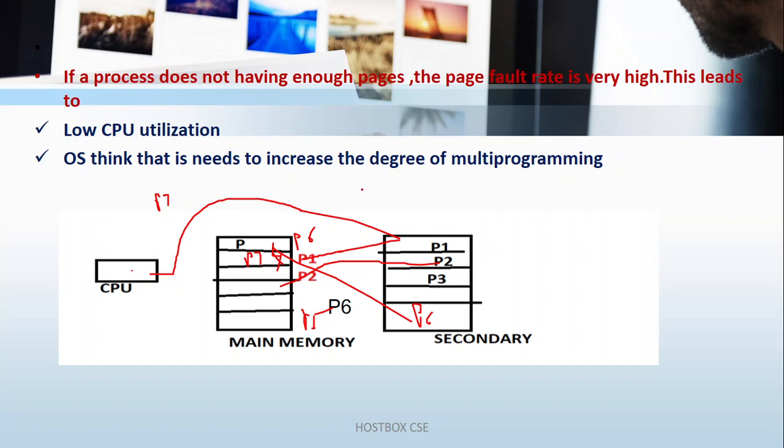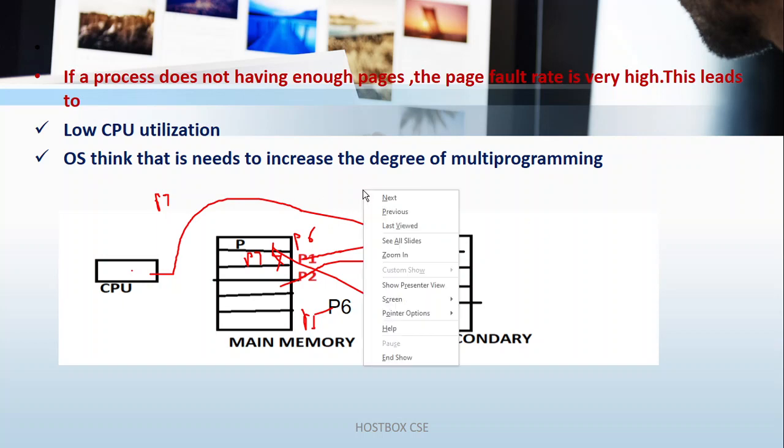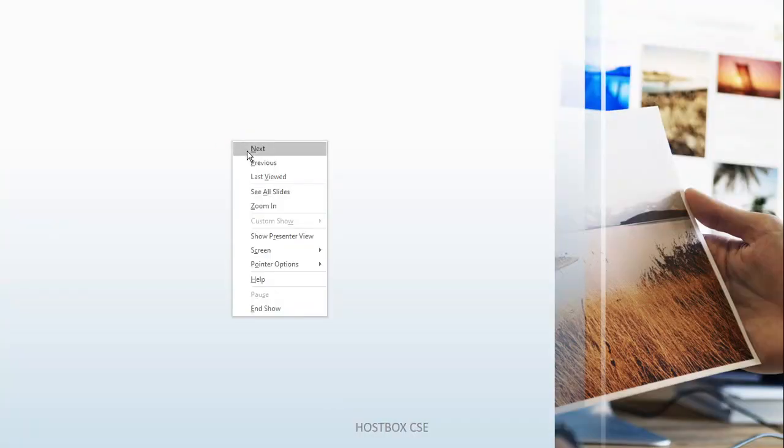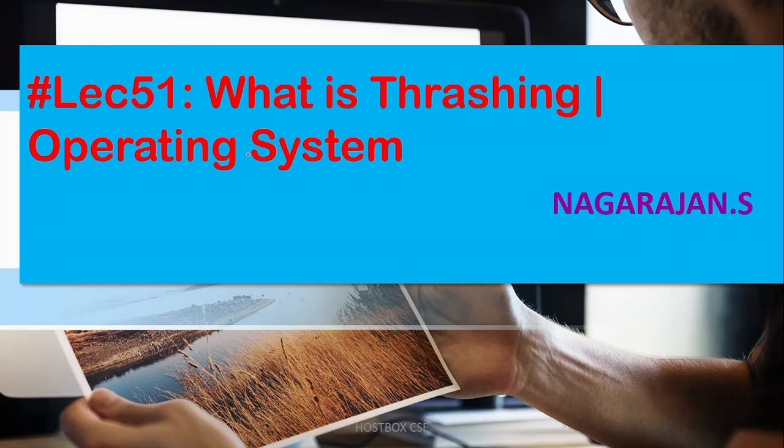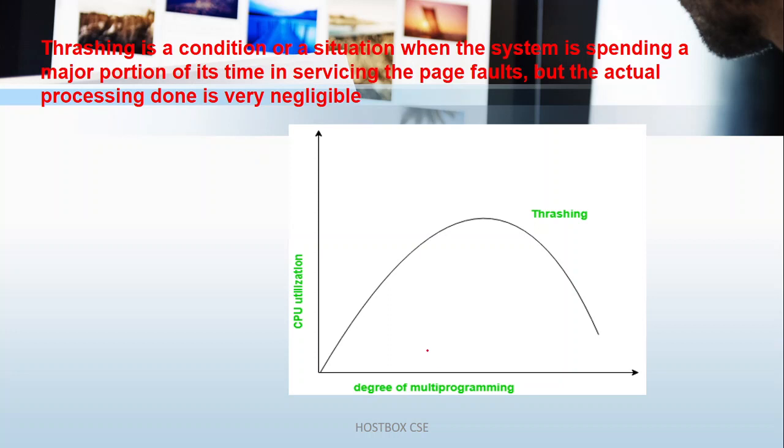Here the CPU utilization is more. Swapping happens, and CPU utilization is very high. Let's come back to the system here. Whenever the CPU utilization is more, the number of processes P1, P2 increases like that. But whenever the swapping happens, automatically the processes decrease. That point you have to remember. So thrashing means what? The swapping happens between the main memory and the secondary memory.